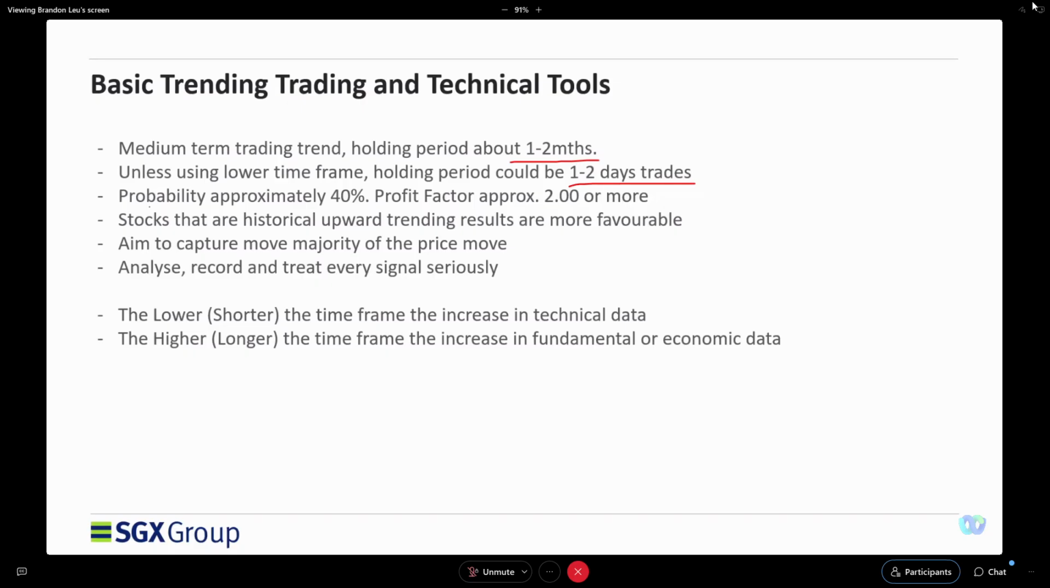Next is that the probability of a trend trading strategy is not high, at about 40 to 50%, so it's slightly less than half. But the profit factor usually comes in much higher. Someone without this knowledge would think, oh, I own 10 stocks, 8 of them will be doing well. But it's slightly the reverse. Only 4 or 5, and in good times 6, will be doing well, but that 4 to 5